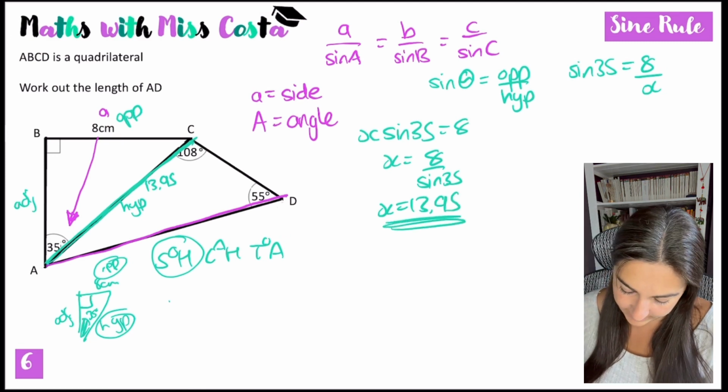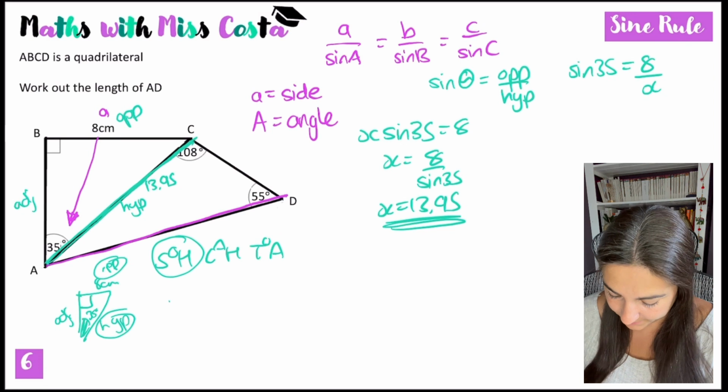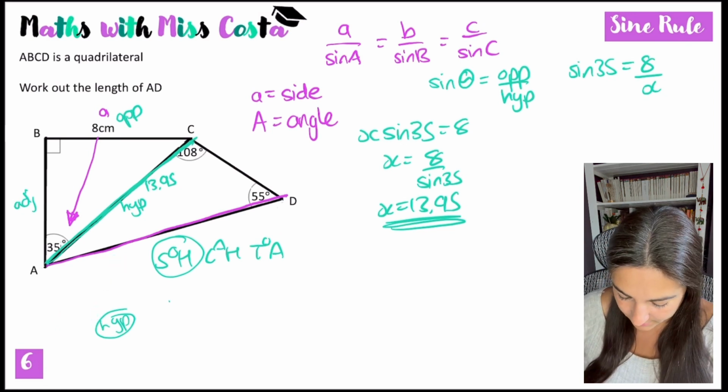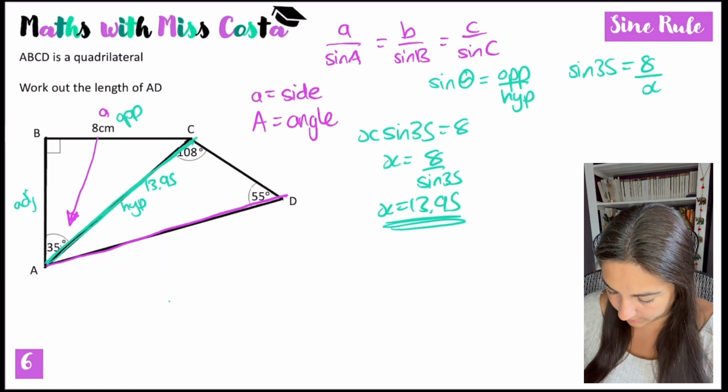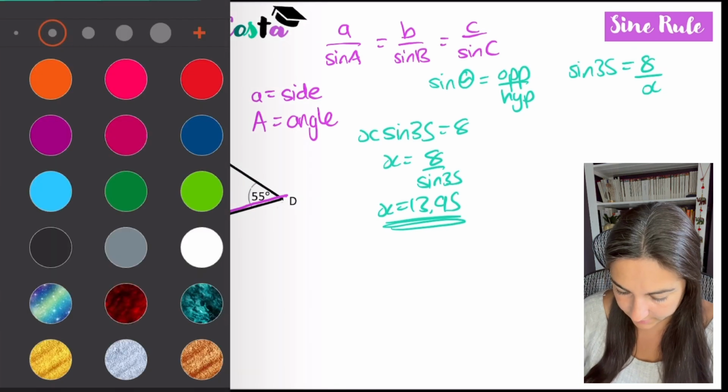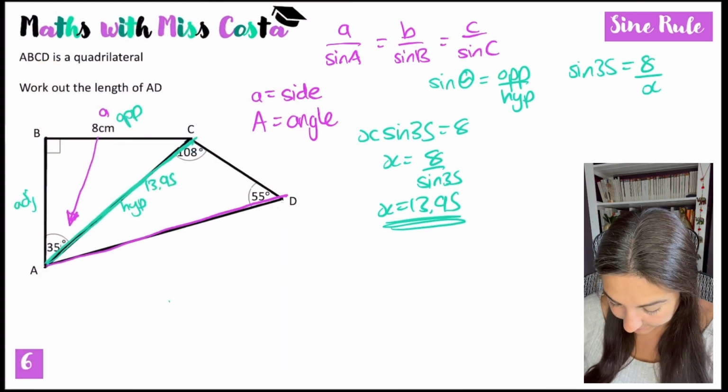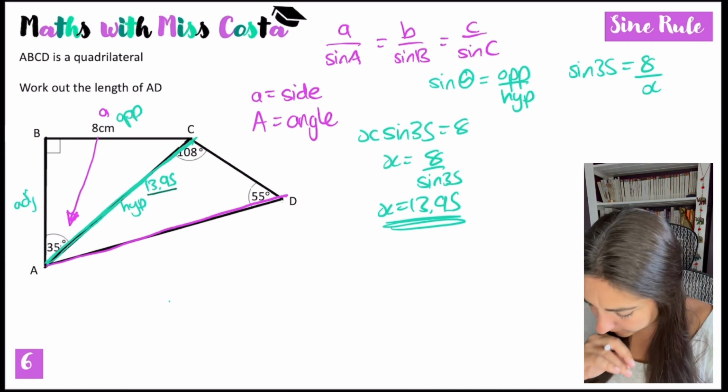Okay, I'm trying to work out the length of AD. So now this is where I'm going to use the sine rule. Let's do it in a different colour. So let's label, this is my new triangle. So ACD is my triangle. I have this length